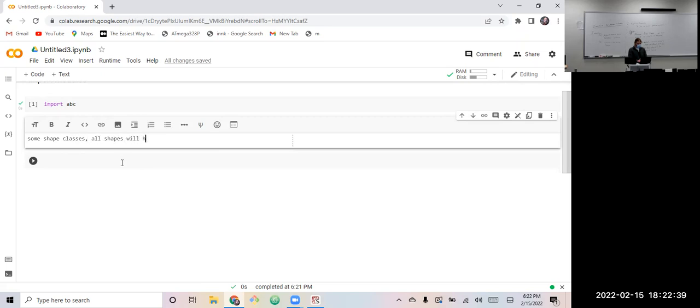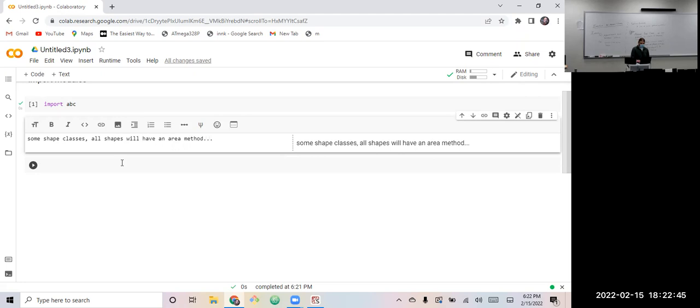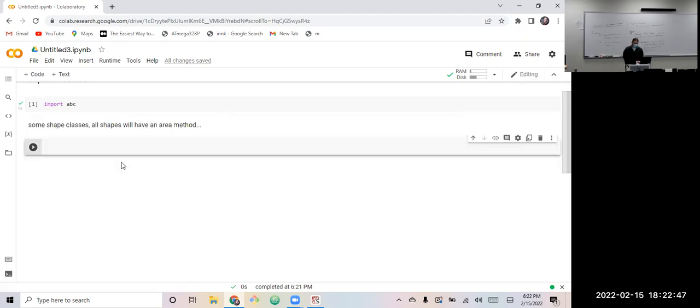All shapes will have an area method. So that's kind of the thought that leads into the need for abstract. So we have certain things that we know every shape's going to have. I'm going to keep it very, very simple and just do the abstract class. But one of those things, so we know that any geometric shape we have is going to have an area method.